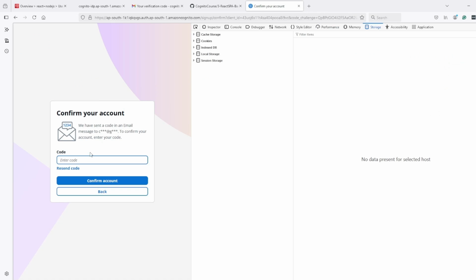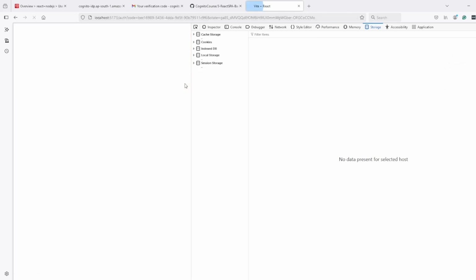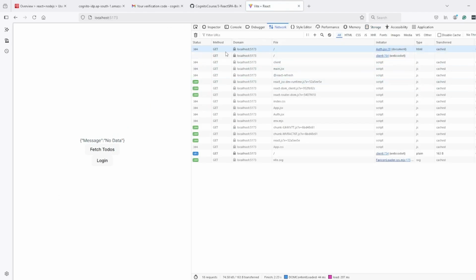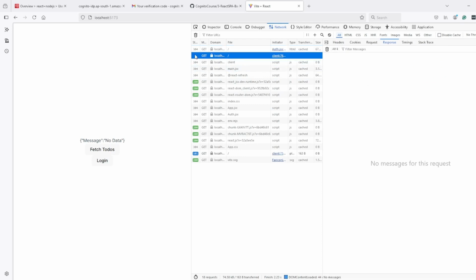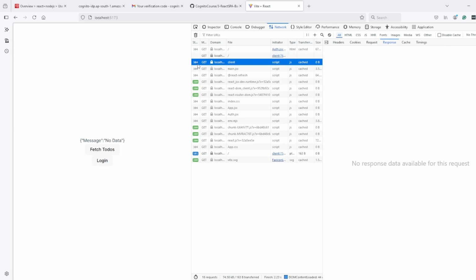We'll close this one to avoid confusion. Confirm account. Now authentication is done, and again it happened very quickly. But what happened is that it came to the auth endpoint, the auth route of the frontend,